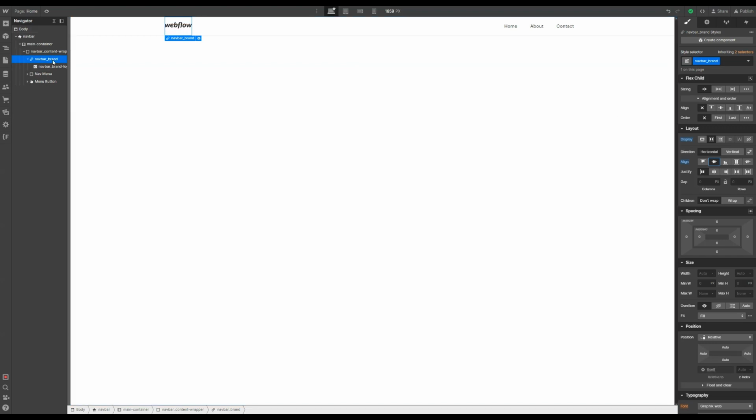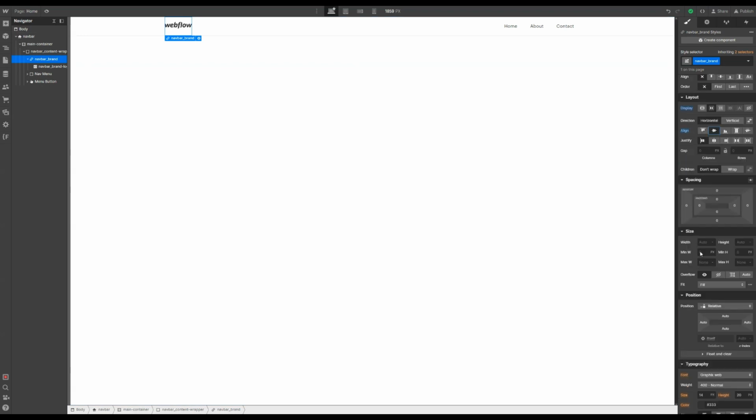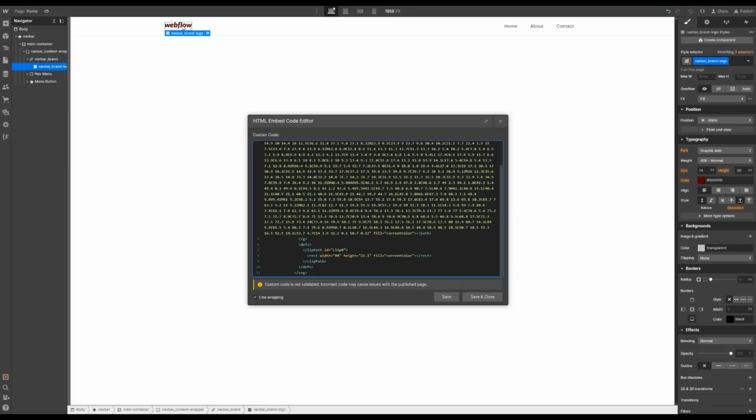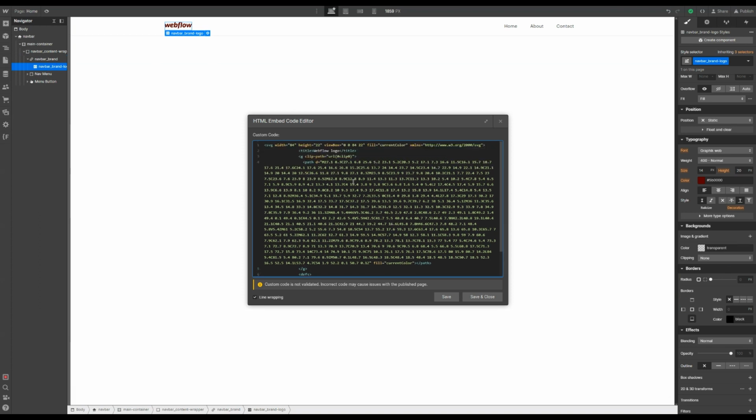And one thing to notice is that if we select the navbar brand element and we try to edit the actual color here, we can see that by doing that, we are also changing the color of the SVG. But why is it happening? If we double click on the navbar brand logo element, so if we double click onto the embed element, we can see that here,